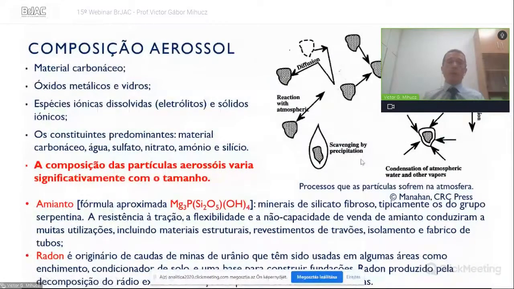If we look at the chemical composition of the aerosols, it's again a very, very complex issue. So we have carbonaceous materials, metallic oxides, glasses, inorganic anions, which all influence the composition. Then we have a lot of processes like coagulation, diffusion, reaction, and scavenging with precipitation. After coagulation, the bigger particle can undergo sedimentation. So again, this is a very complex issue that has to be taken into consideration when someone would like to